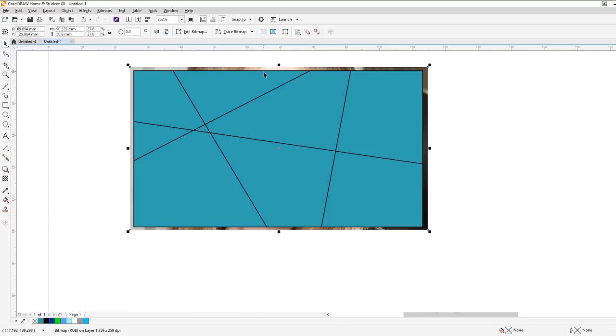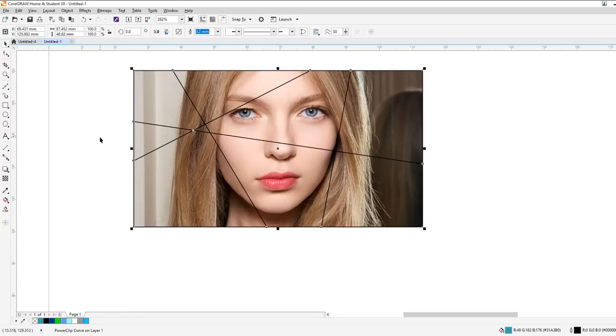So now we're going to put this picture behind it, right? Now you go to object, power clip, place inside a frame. So the frame would be this whole thing, which is combined. Click. Nice. Now here's a good potential to break this picture apart, right? So click here. Remember we combined it? Now if you go back to objects and then break power clip curve apart,